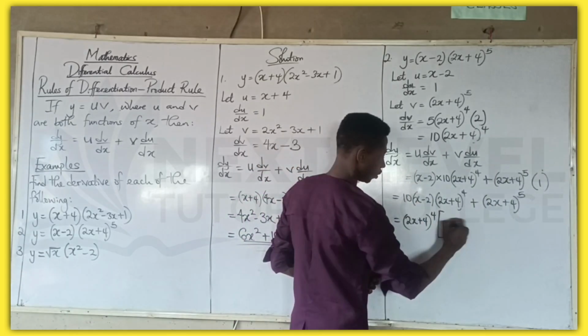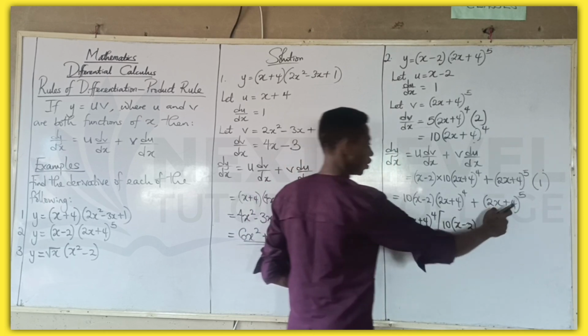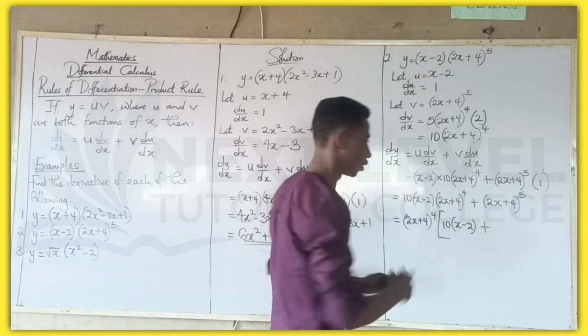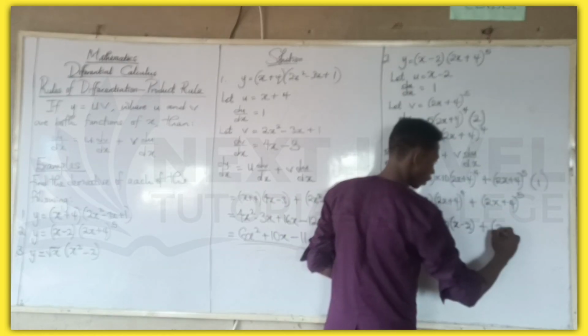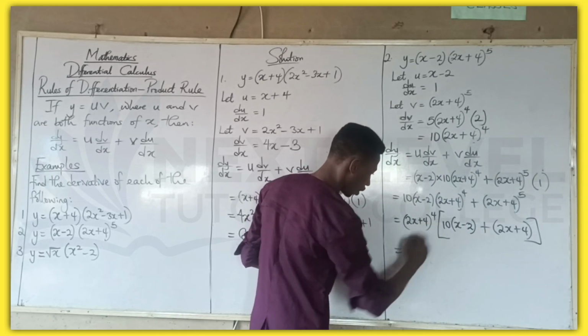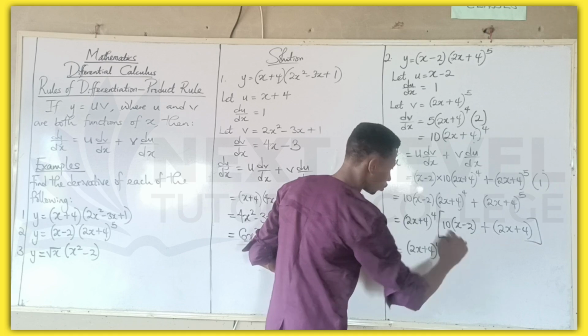We have 10 into x minus 2 plus this in this. 4 will cancel out of the 5 that I said, so we are left with only one of this. That is 2x plus 4. So if we simplify further, we have 2x plus 4 raised to the power 4 here into 10 times